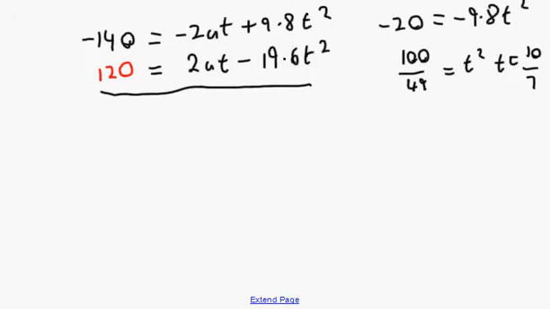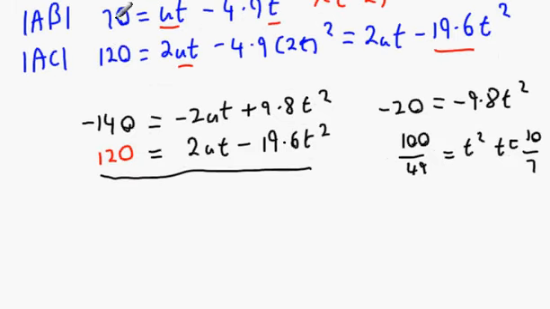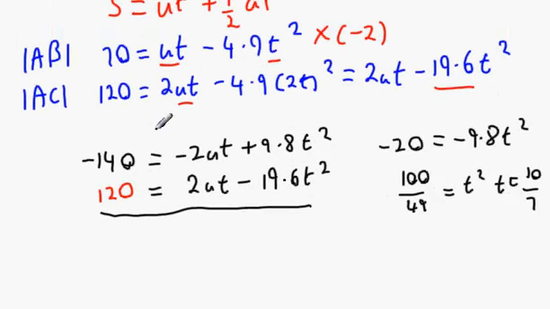Now all we've got to do is plug it back into our original formula. This one here will do nicely. What we can get here is 70 equals 10 over 7 u, because ut is now 10 over 7 u, minus 4.9 multiplied by 10 over 7 squared, equals 10. Okay, so we're going to get minus 10 here, and then all we've got to do is bring